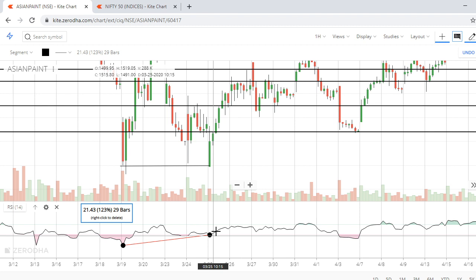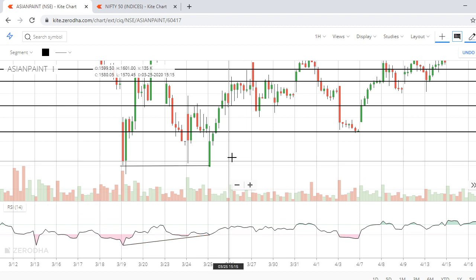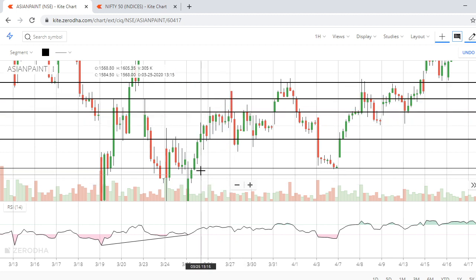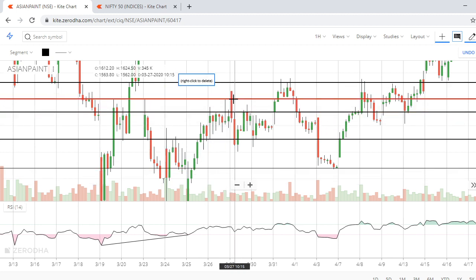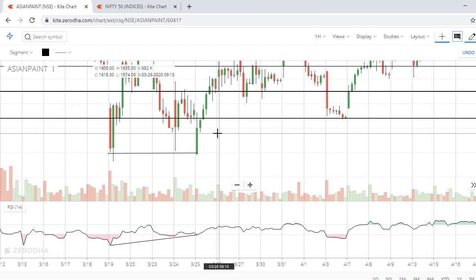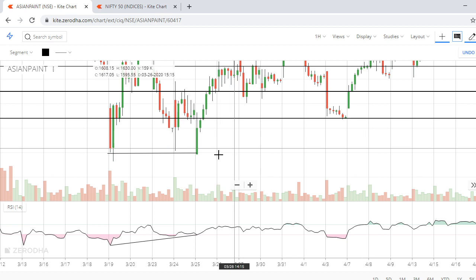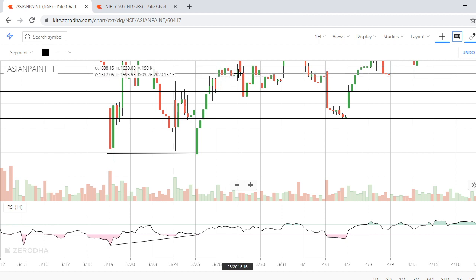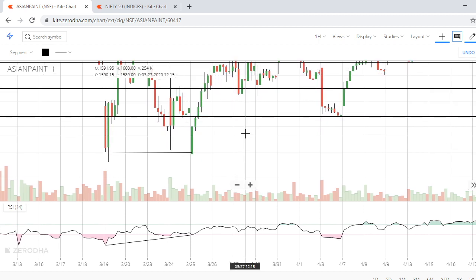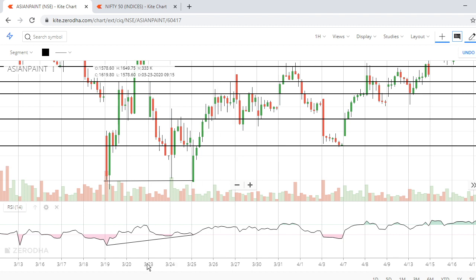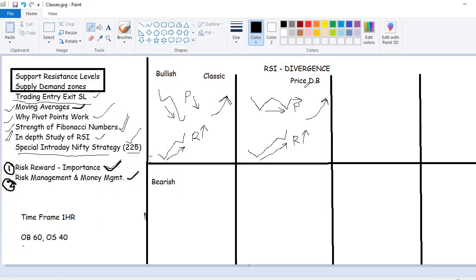See, up move, and the price is at somewhere around 1450. It moved up to 1, 2, 3 resistance levels, almost 1650, 1450 to 1650, 200 points into 300 lot size, 60,000 rupees in the span of 2, 3 days. That's a beautiful move. See, the strength is there. It took almost 4 days for this bullish divergence and it gave beautiful profits. That's one more example. Okay, this is called price double bottom divergence with the RSI.